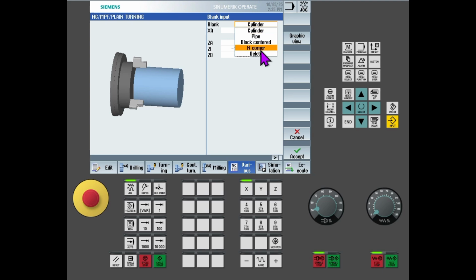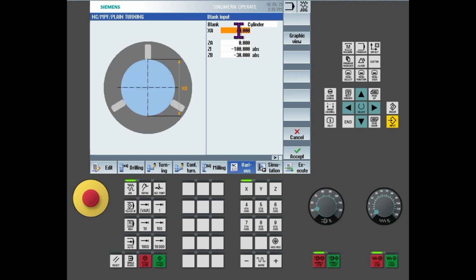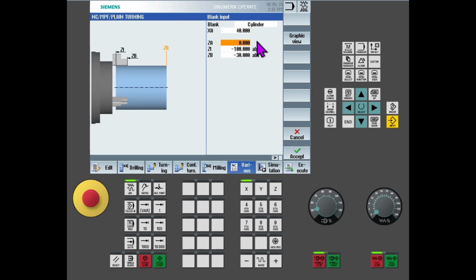Choose your blank type, which is always cylinder. XA is nothing but your workpiece diameter, which is 40 mm, and ZA is the starting length of your Z, and since this is your datum position, Z is always 0. Zi is the total length of your workpiece, which is like minus 60. Why minus 60? As for the drawing,